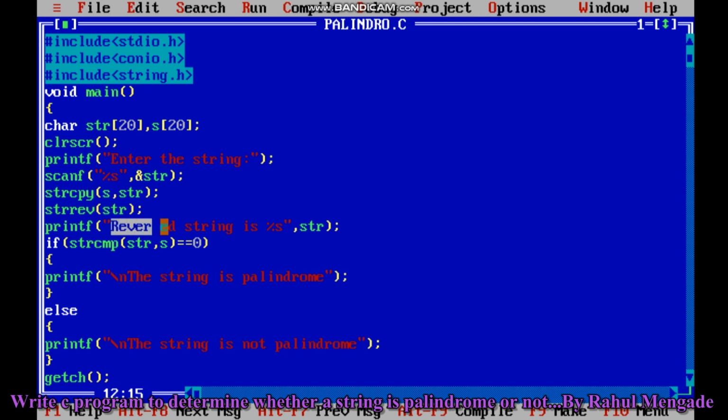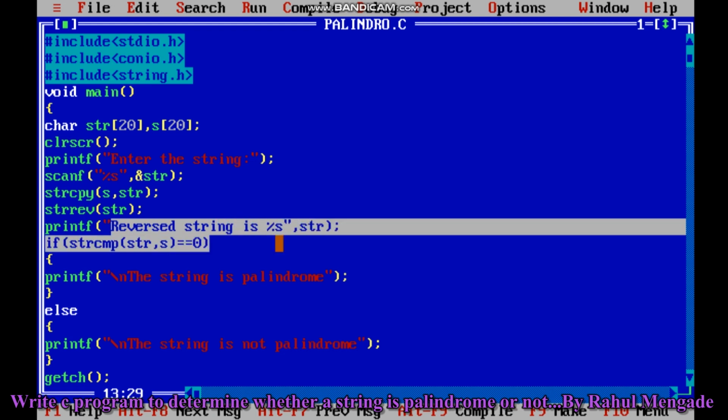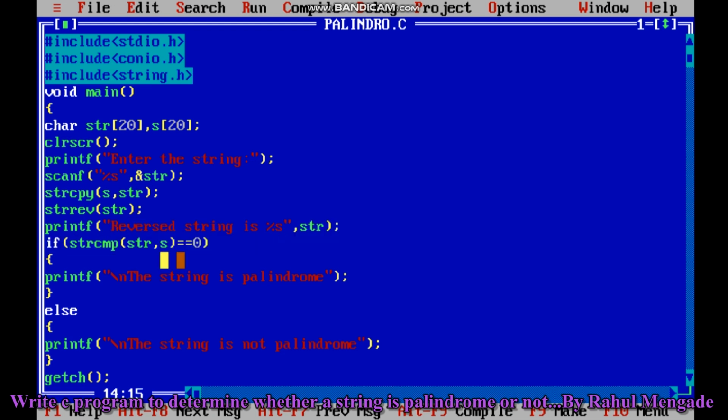Then we display that string, and after that we compare the strings str and s. So both consist of mom. Then if both the strings are same, that means the string is palindrome. If the strings are not same, that means not palindrome. So this is the complete program.